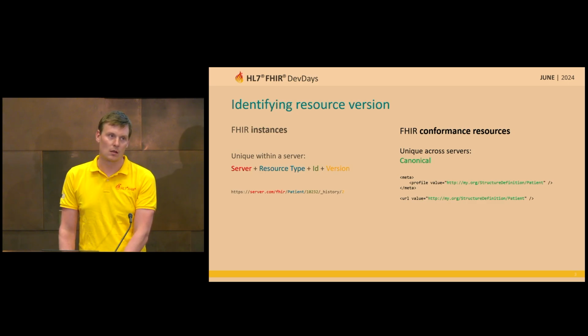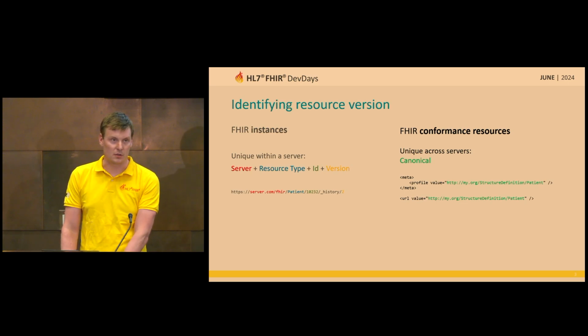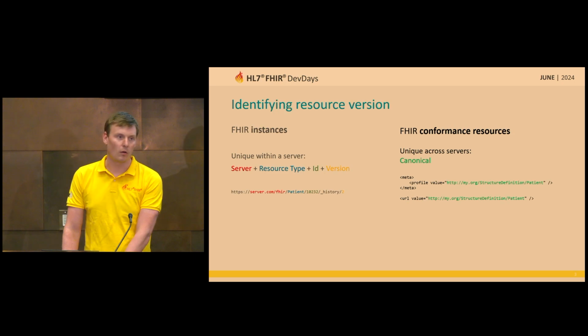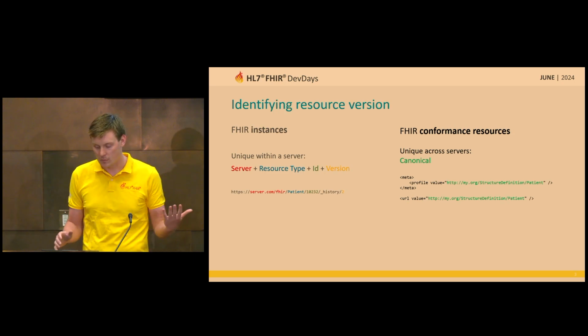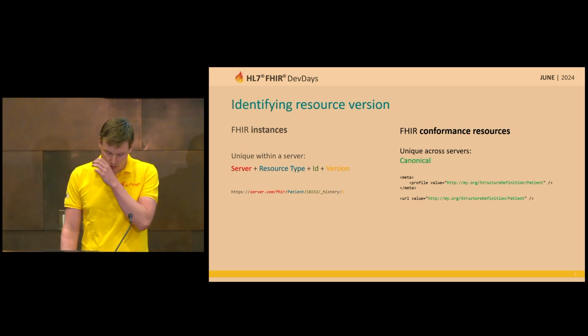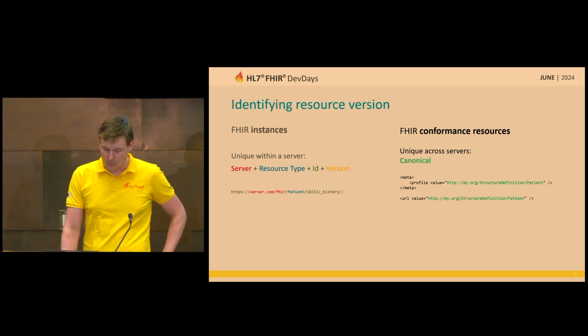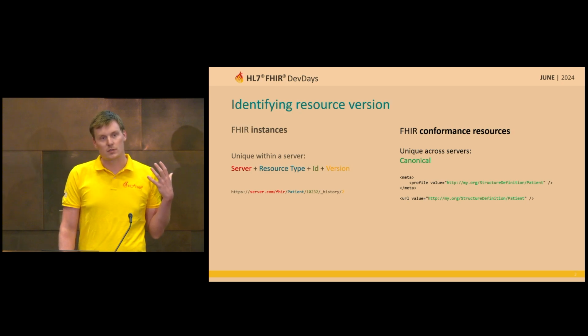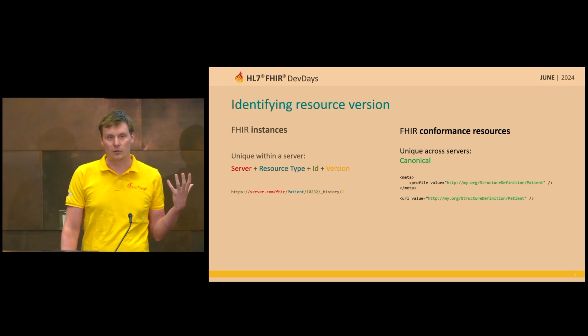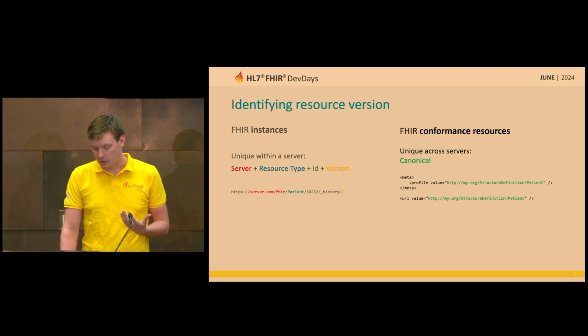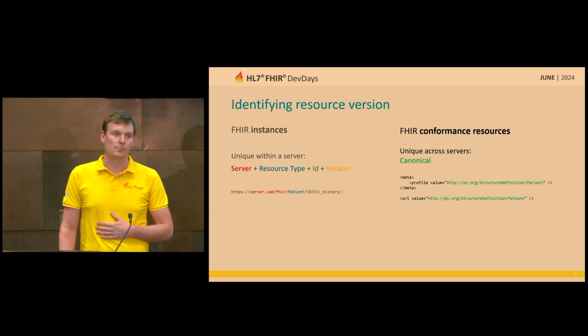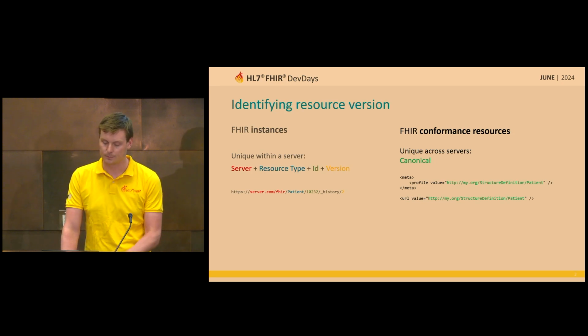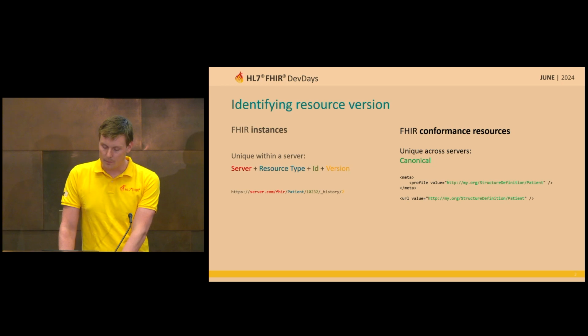You wouldn't want different kinds of US Core patients going around and all claiming to be validated to one. So what you can do in your instance, and you see that on the right-hand side, you will always point to a globally unique identifier for a structure definition called a canonical URI. And that worked out pretty well for a couple of years